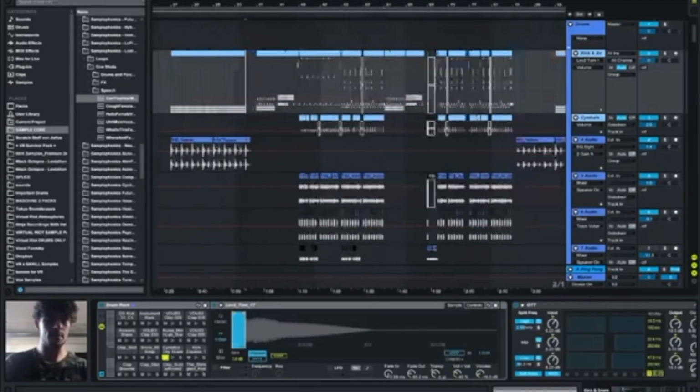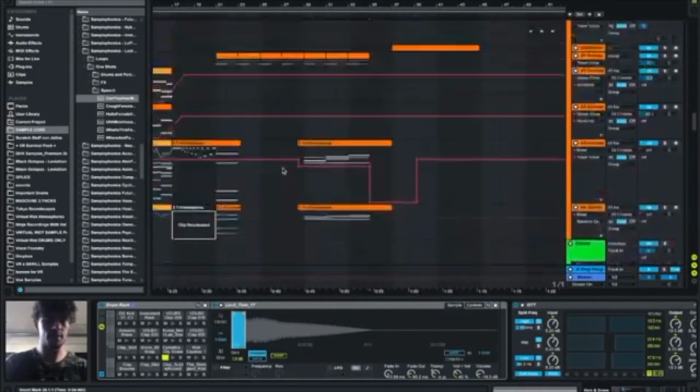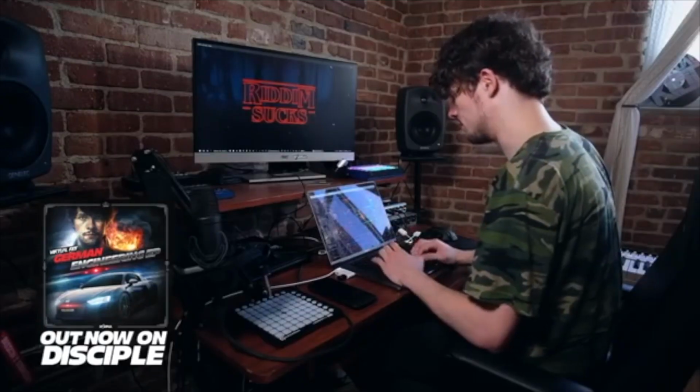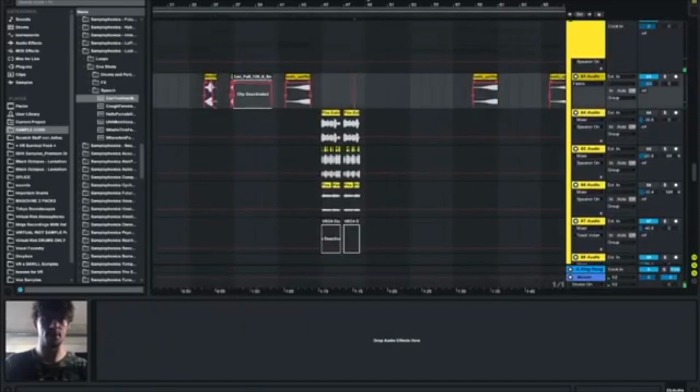Also, every other sample sometimes has an alternative under it, because I wasn't sure if I was going to be able to use the sniper from Team Fortress 2. So for the drop, there's also the...